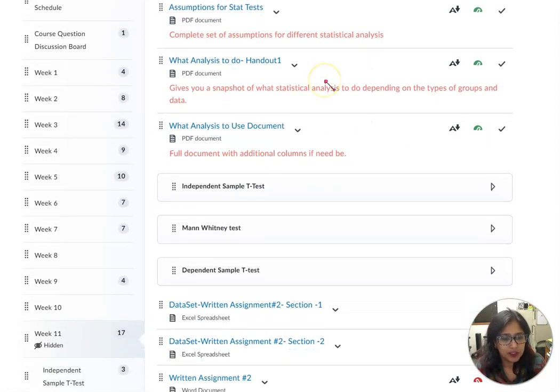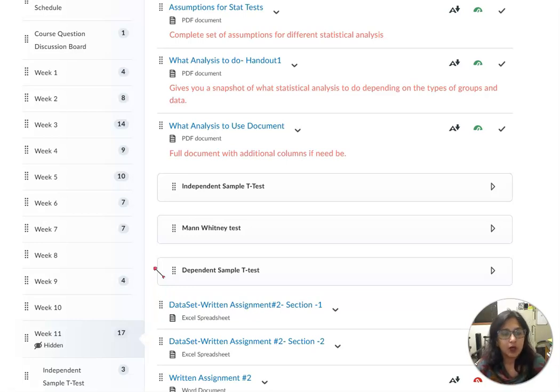So this week is all about statistical analysis. What we are doing is working with our independent sample t-test, Mann-Whitney and dependent sample t-test. So let's first talk about what it means. You may be doing one or the other. It's always good to have experience of the others. Depending on your own data that you are collecting, one of these will apply.